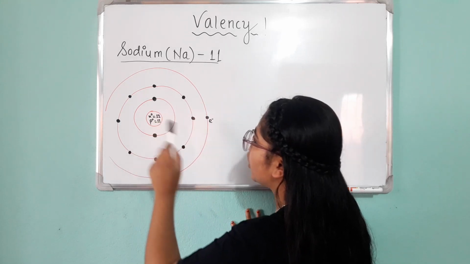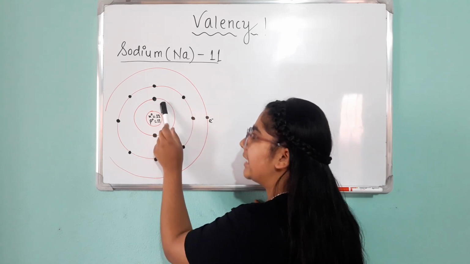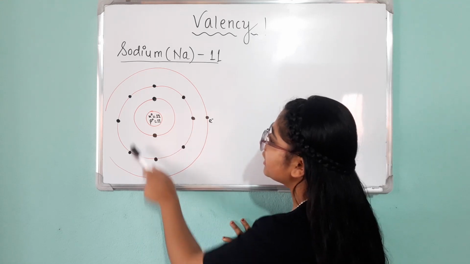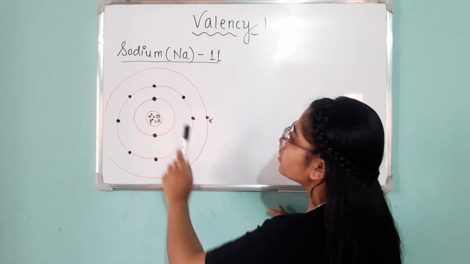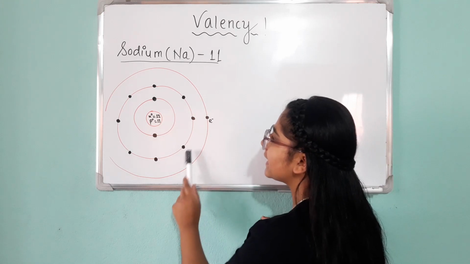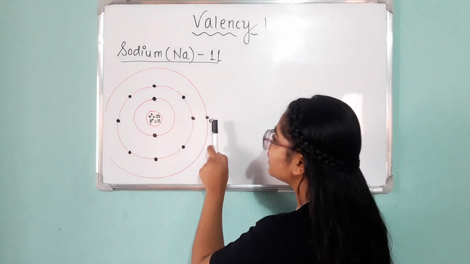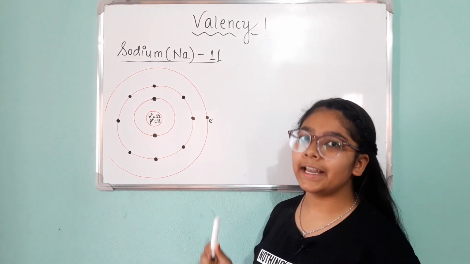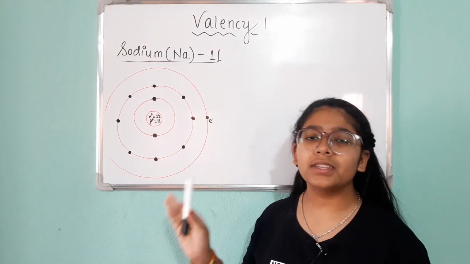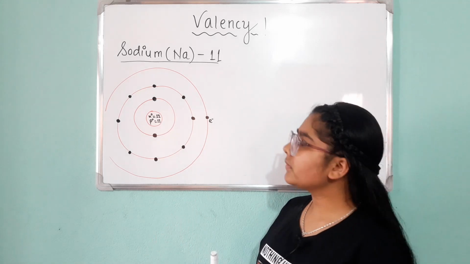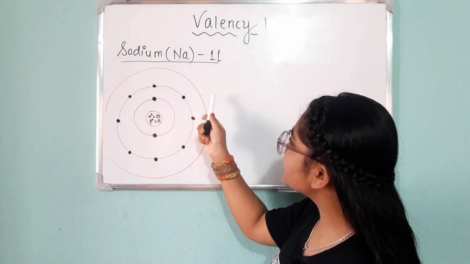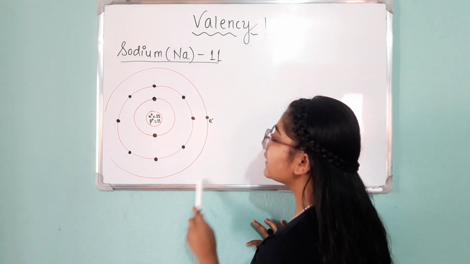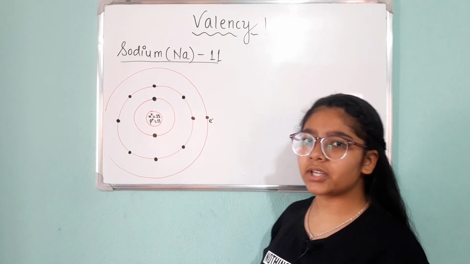So we'll keep them in orbits. The first orbit contains 2 electrons, maximum 2 we can keep in the first orbit. Second orbit 8, then again 8, it will continue. So now 2 we kept in the first orbit, 8 in the second, and in the third orbit we have 1 electron left. Now all the elements need to satisfy the octet state. You can see here it is not satisfying the octet state because it has only 1 electron. It needs 7 electrons to satisfy the octet state.